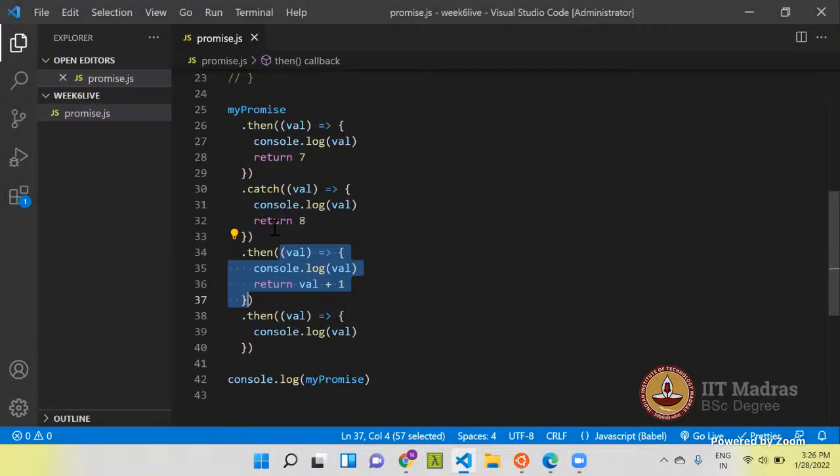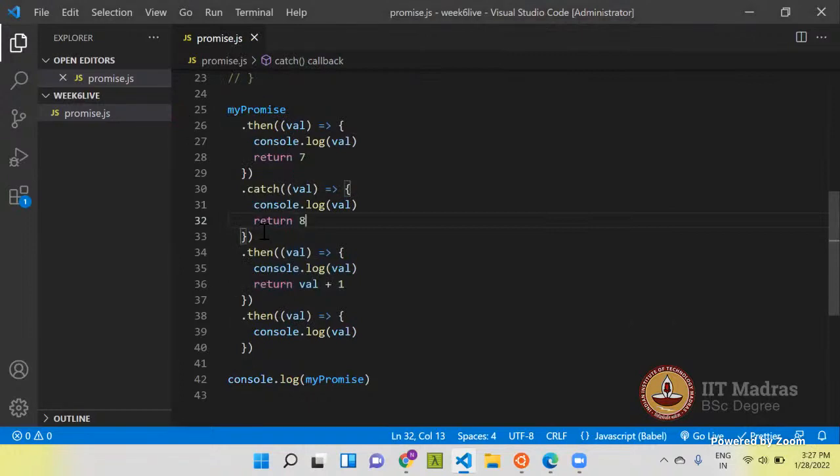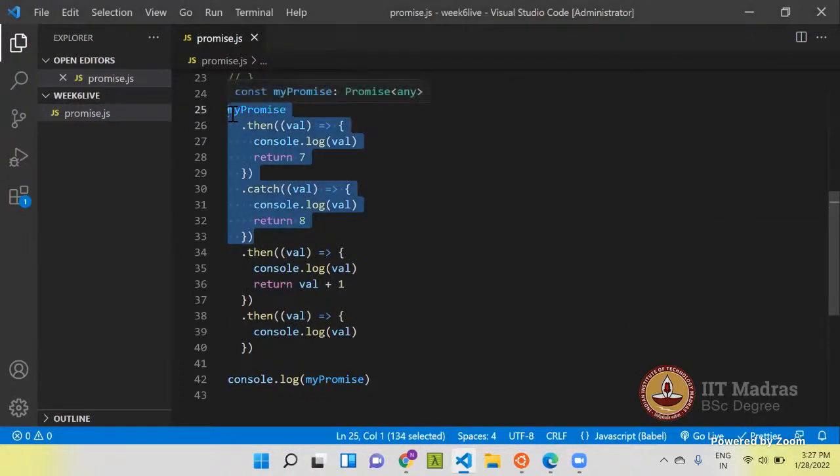Because if you return something from the catch, it will return a promise which will resolve with that value. So this is a new promise, from here to here, and this promise is being resolved with the 8.